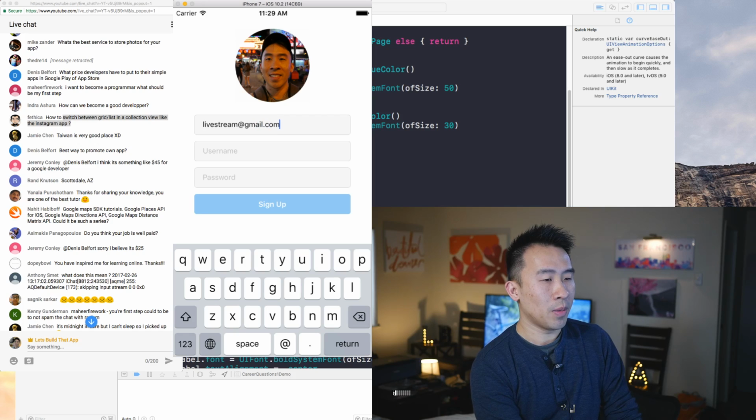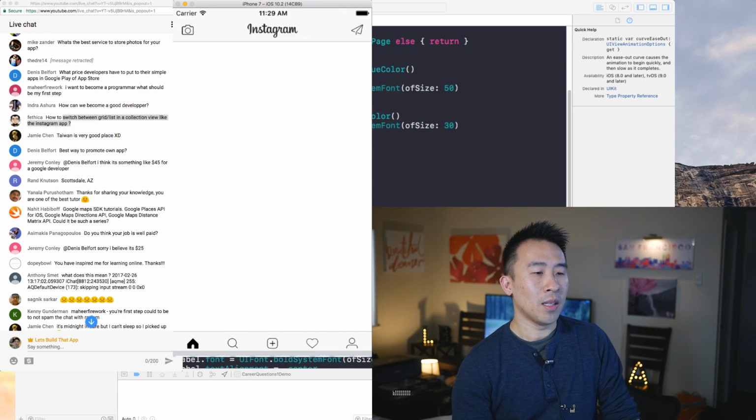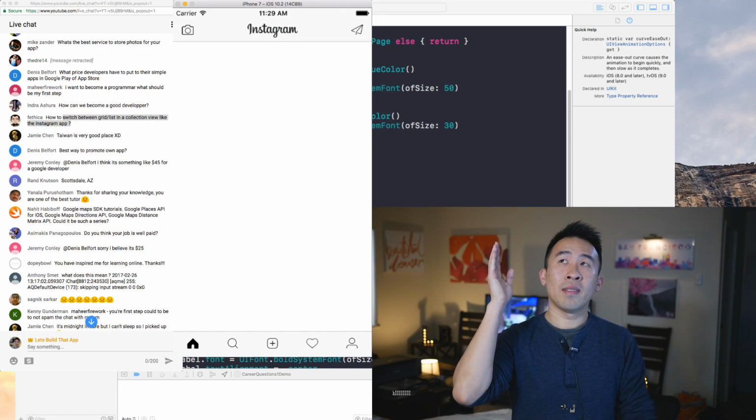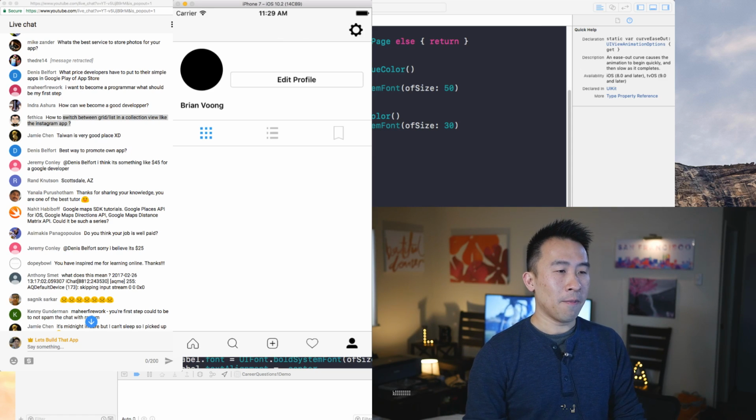Livestream@gmail.com for the email, maybe live streamer, 123, sign up, and then it registers my image into Firebase storage, and then once it's in there, I can pull it into my profile like that.